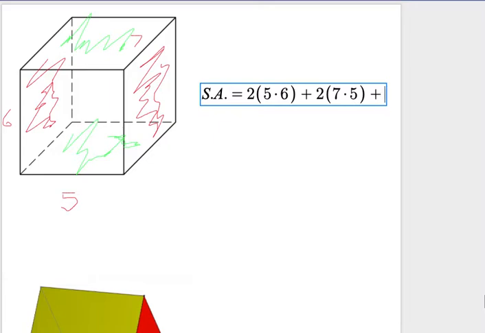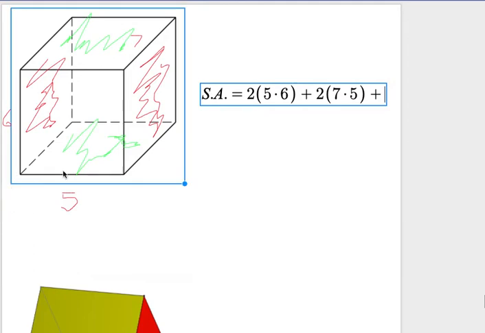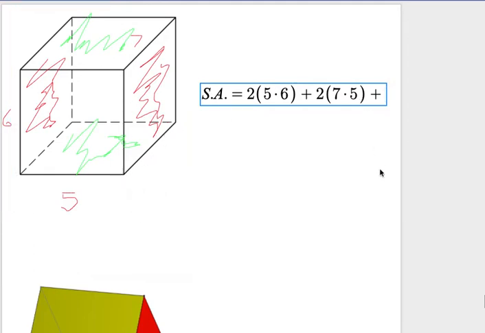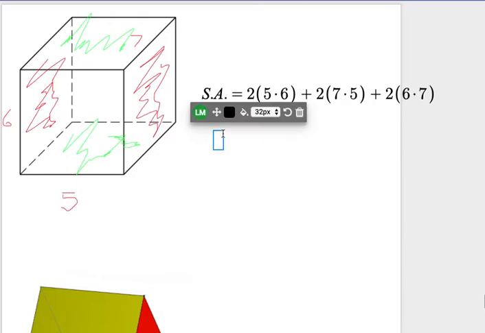Plus, and I need to do those two side pieces. So this piece right here is going to be 6 times 7, and I'm going to have 2 of those. So 2 and then 6 times 7. Okay, and then I'm going to go back and just simplify that. So my surface area is going to be